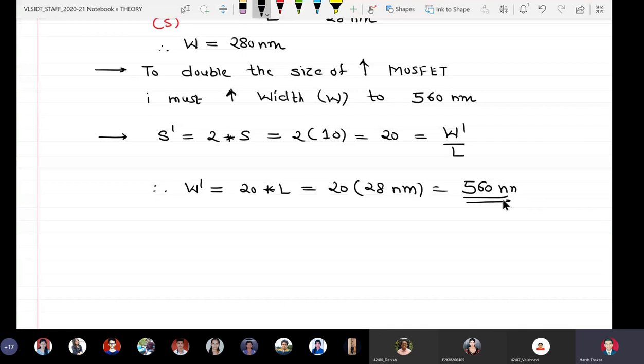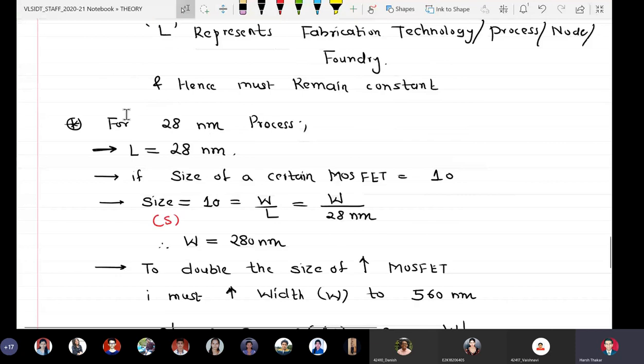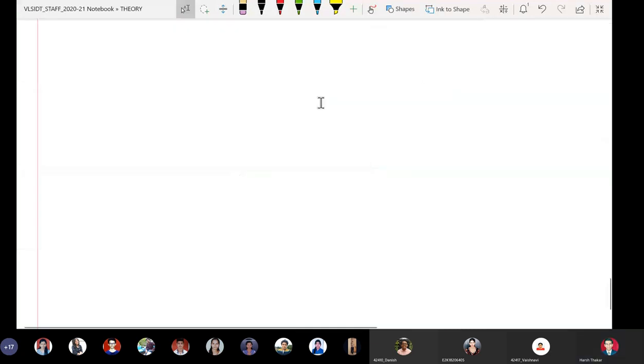Okay, so many such calculations will come in the subsequent syllabus. Okay, and the last is hierarchical design.